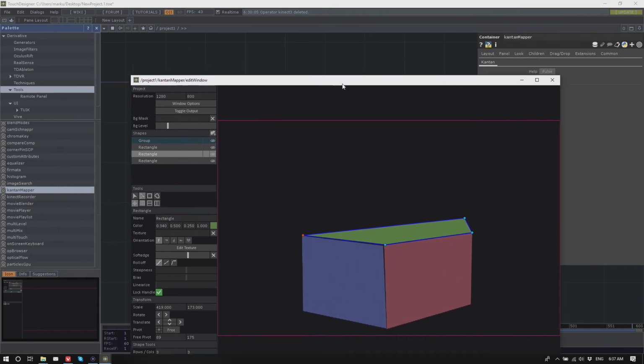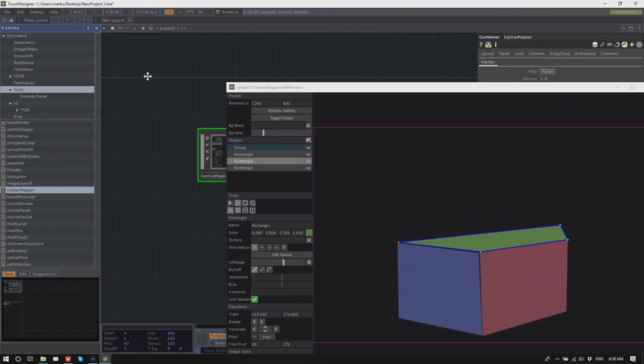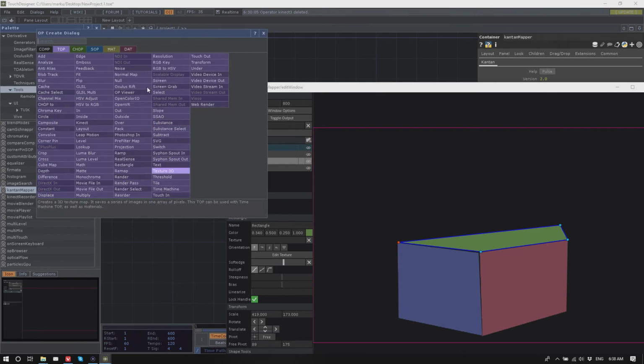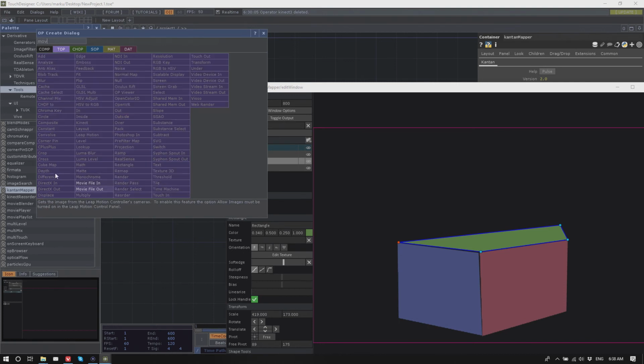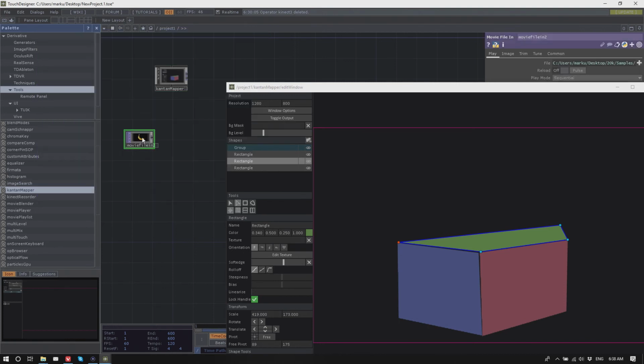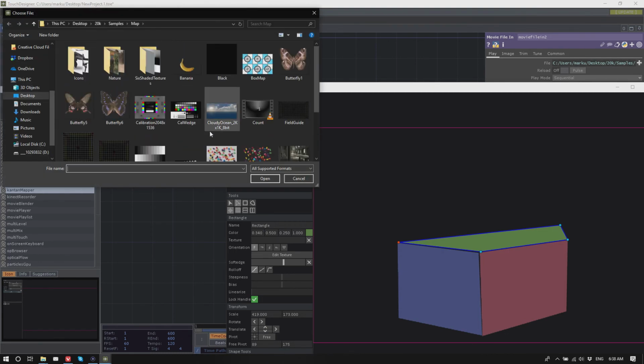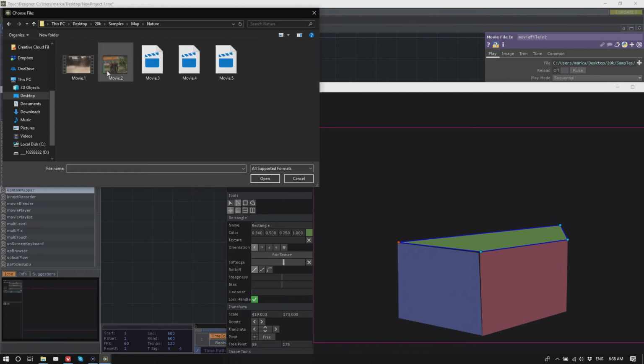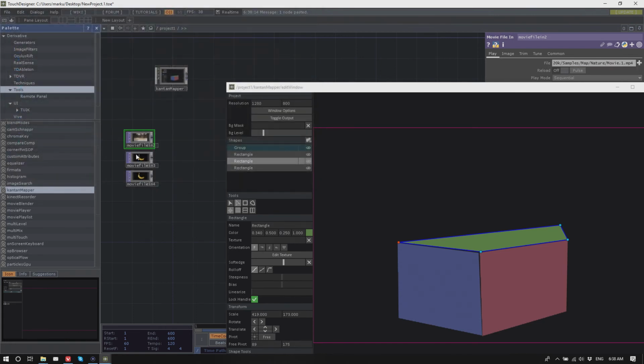So, and now the idea would be that you have your textures or whatever, like little movie clips or animations, and now attention, some of the UI is a little bit counterintuitive here, but anyway. So let's add a movie, and I can add movies now to these sides here.